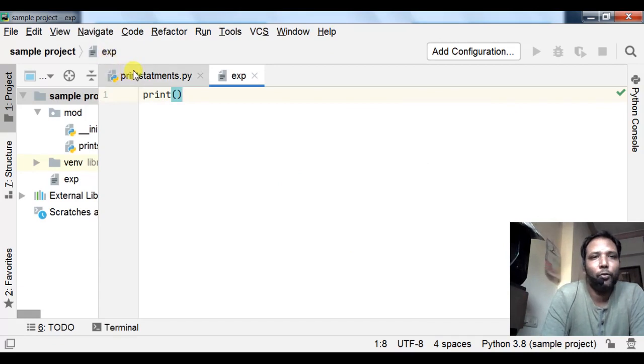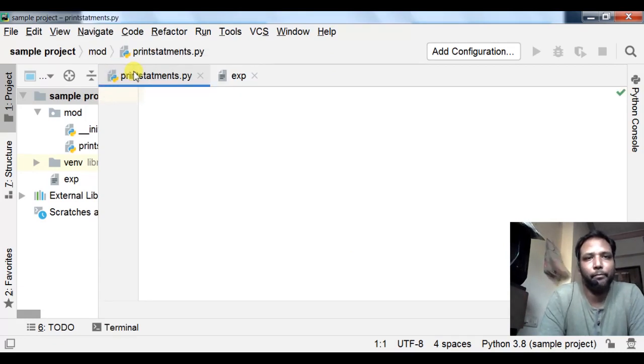Now, how is this print method used? This is like println in some other languages, or System.out.println. This method is used to go to the next line when used with no arguments.